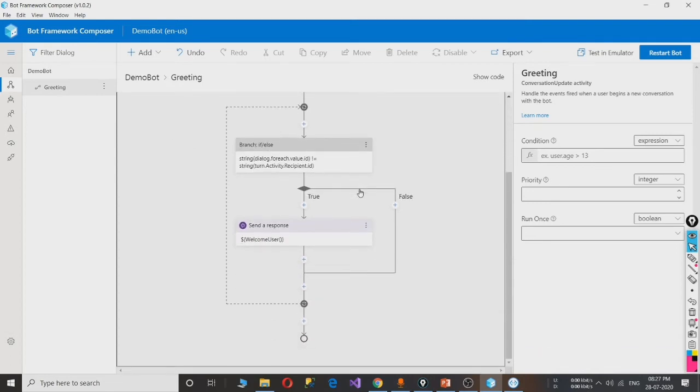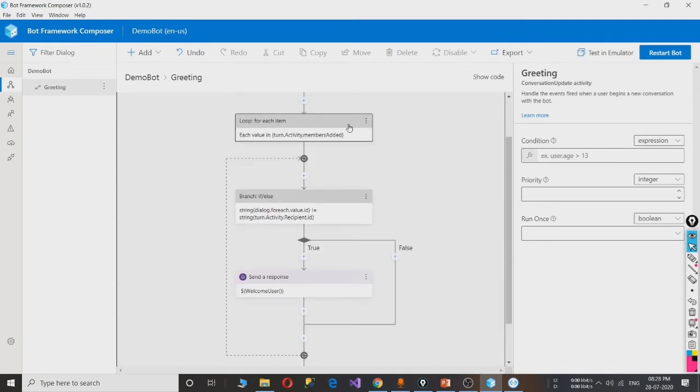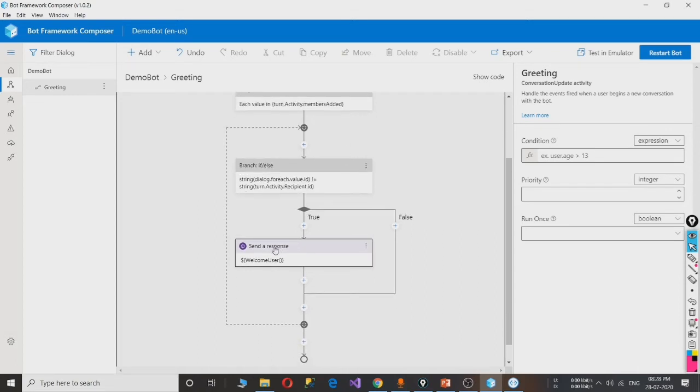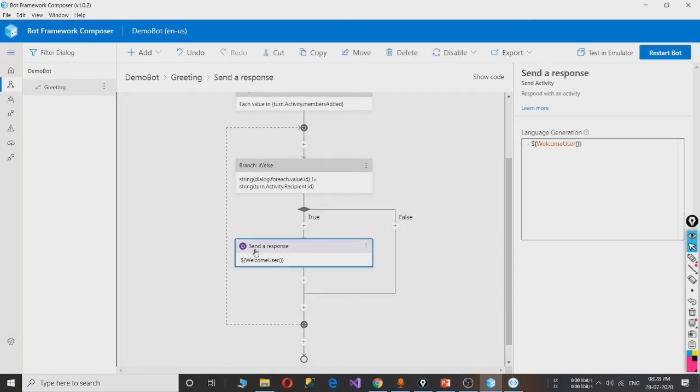Some conversation update activity is going on. These are some complicated things. If I tell you now, you can't understand it yet, so I am going to the main point. Here you can see the bot is sending a response to the user, and inside this block you can see a response card. Welcome user. You can see a message, welcome to EcoBot sample. So now the question should strike in your mind, from where is this welcome to EcoBot sample coming?